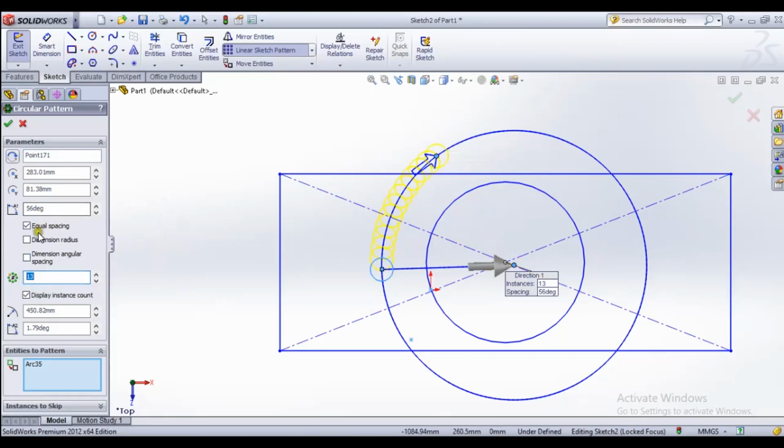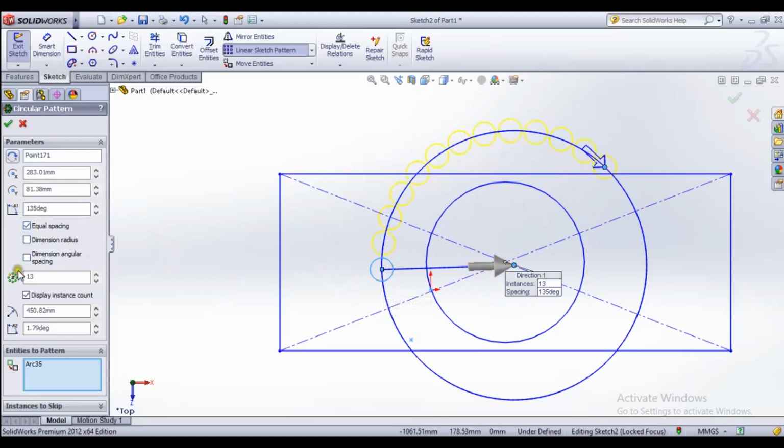You can see, if we need to draw some certain distance, we can use this selection. 56 degree, no, now we are going to 90. You can see it's only drawn through this 90 angle only. If we take this into 135, you can see it's drawn onto this arc only.